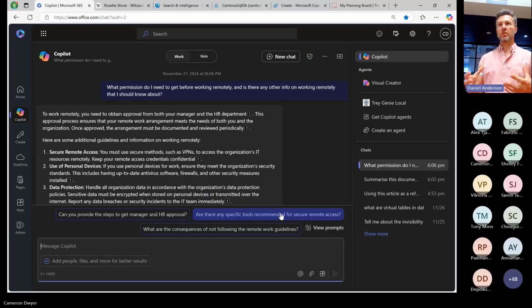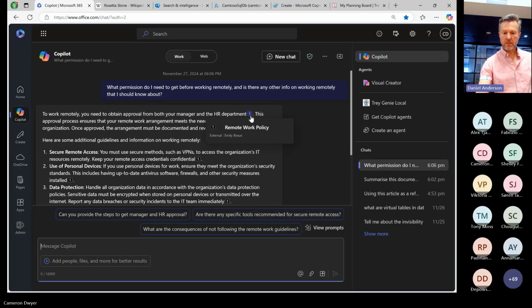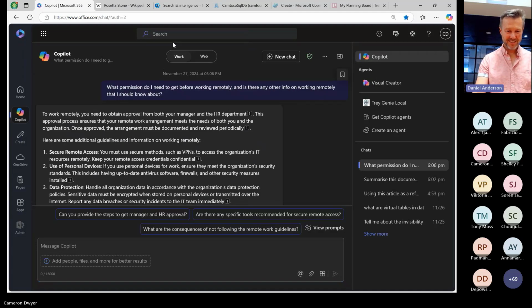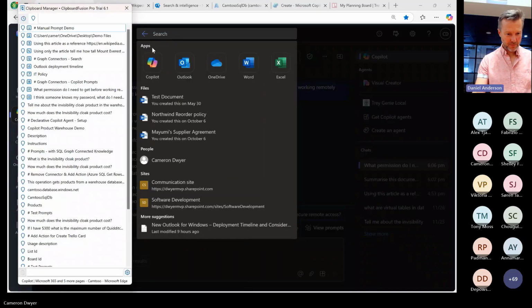But it preferences, or it puts a weighting towards your Microsoft 365 data before it would go out to the internet or anything that's based in the LLMs. So what it's done here is you can see by these references that it's picked up that there is a remote working policy. And so it's answering me based on our remote working policy. Sometimes it actually throws in a BYOD policy here as well. You don't always get the same answer. Let's ask about something else.